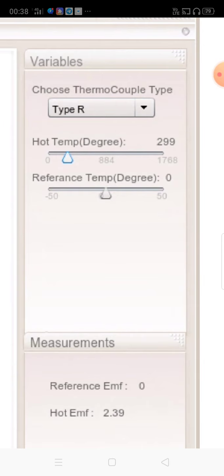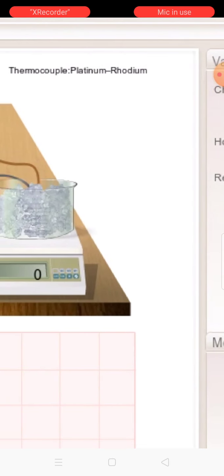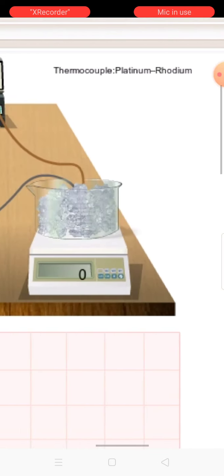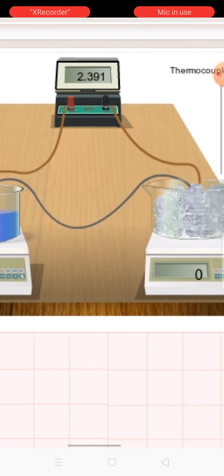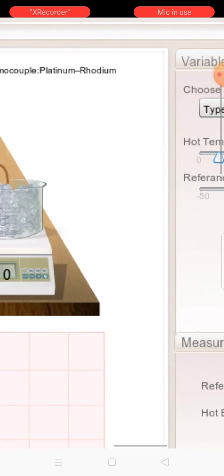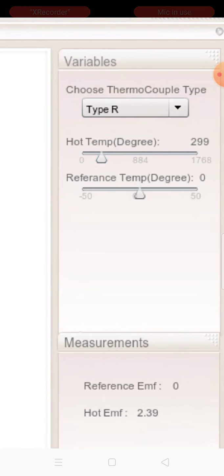I am changing the thermocouple, and its name is platinum rhodium thermocouple. So the two dissimilar metals, platinum and rhodium, are connected at their ends. The junction, you see the red and the black. One red, one black is inside, one red on the other side, and they are finally connected to the two terminals of the voltmeter. Now you choose another temperature on the slider.